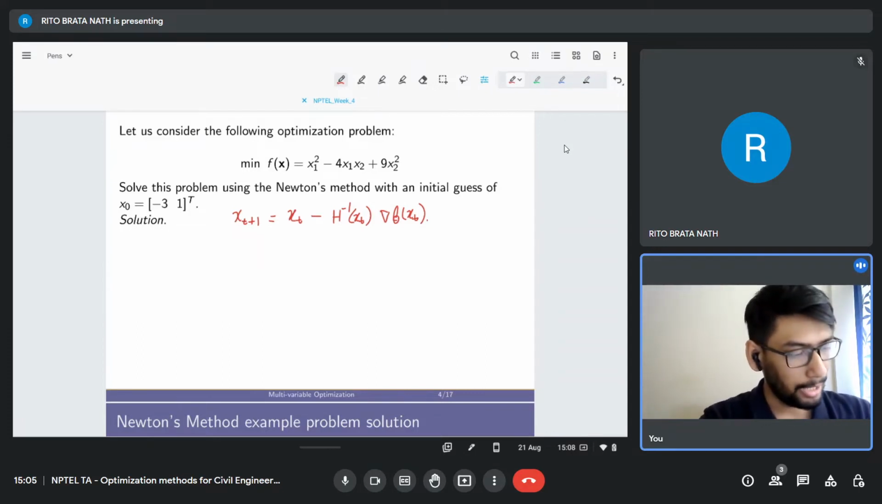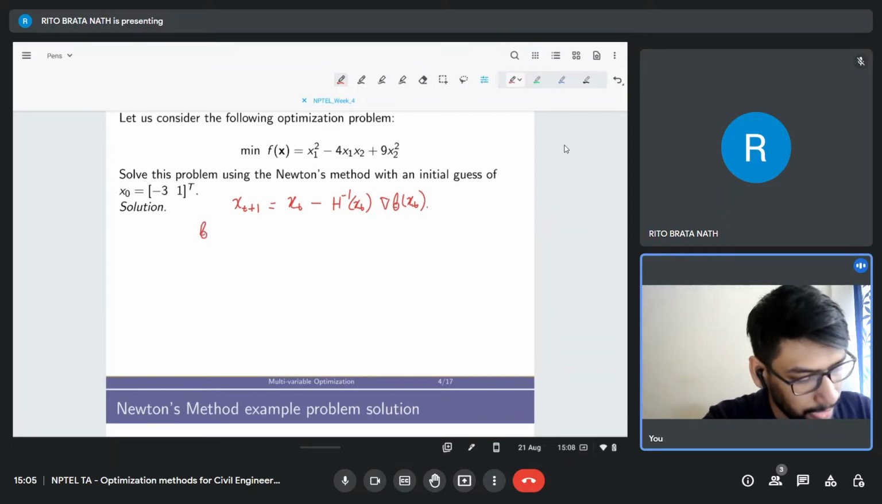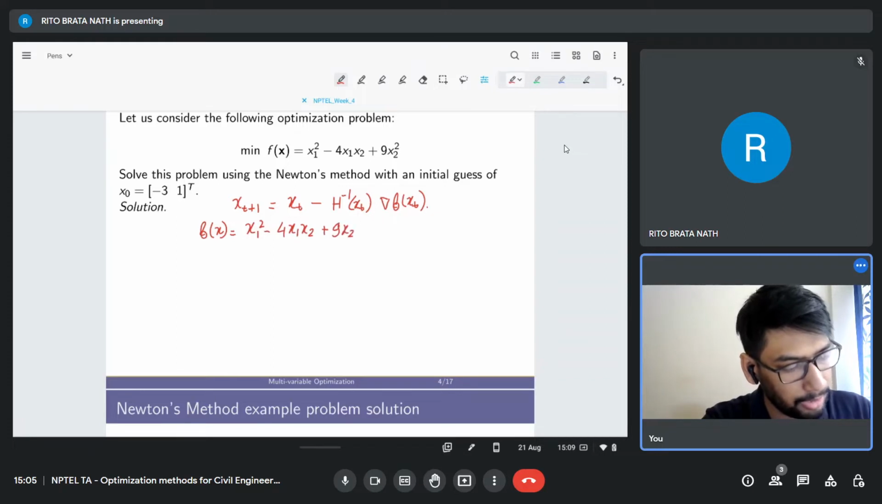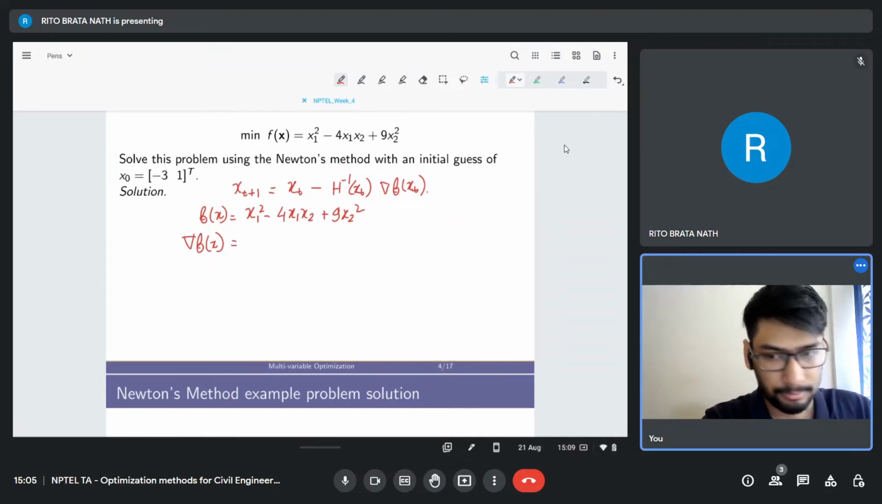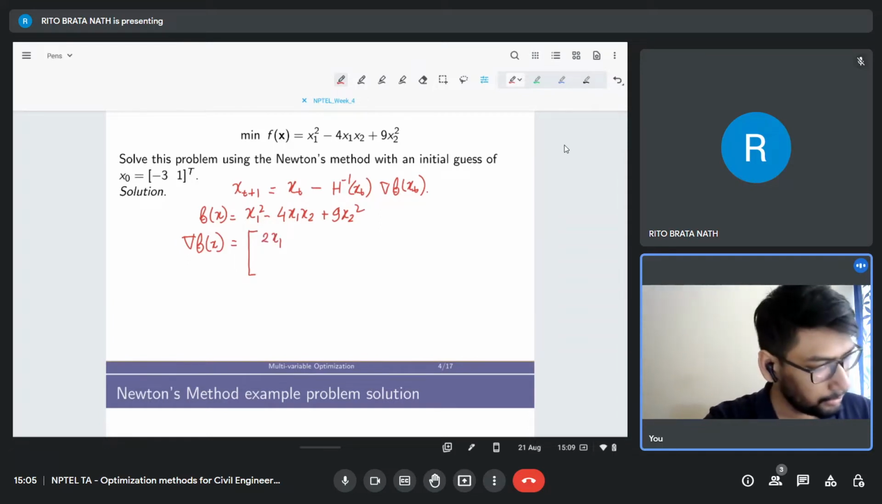So let's do that. Your function f(x) is given as x1 square minus 4 x1 x2 plus 9 x2 square. And you have to find the gradient of this function. So let's try and find that. This is nothing but 2x1, and the second term will be,